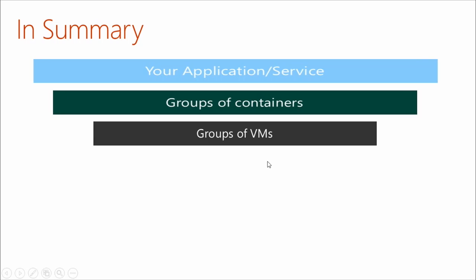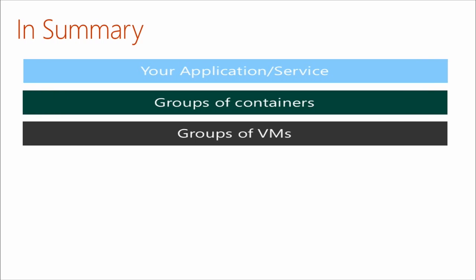So the animation we have here shows that if your application grows like wildfire, you want it to declaratively communicate to the group of containers, right? The PaaS layer, whether it's Mesos, Marathon, or DC/OS, to say, hey, I want 1,000 more containers, which should then declaratively talk to the VM infrastructure, in our case VM scale sets, to say, I want 100 more or 100 less, right? You don't want to be in the business of managing how many VMs to add or how many containers to add. So that's essentially what we are going after, and that's the value proposition that you get in Azure.